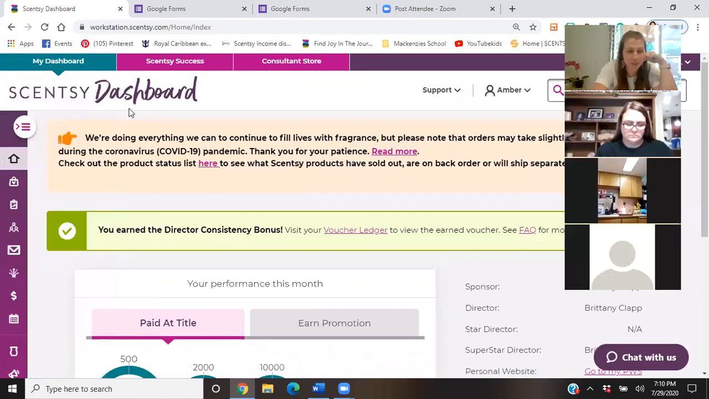Trying to move my thing around here so I can see. Okay, so if you want to do this, I want to show you on your workstation first how you would do it, and then I'm going to show you what it looks like in the